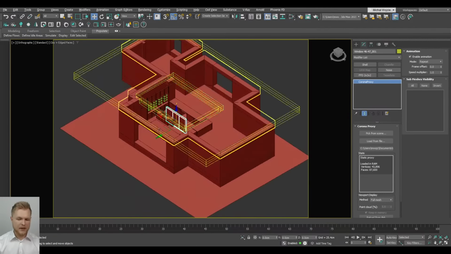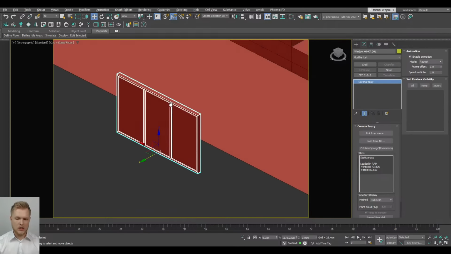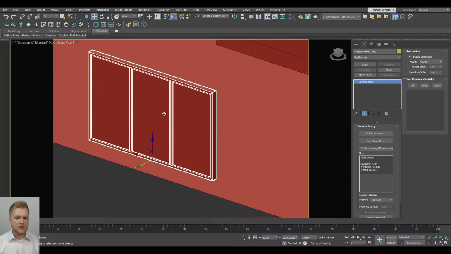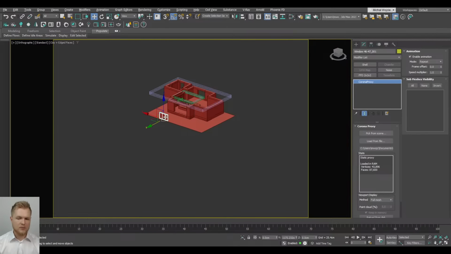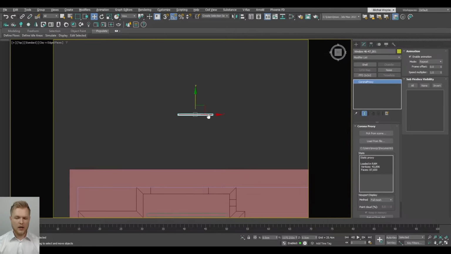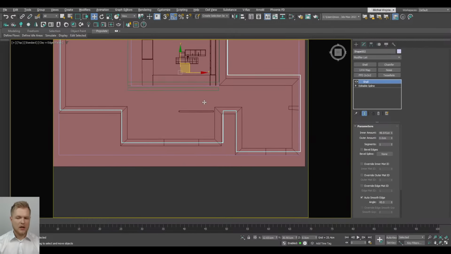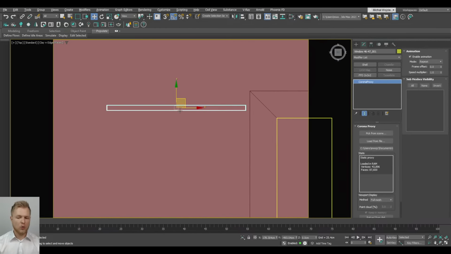But by default, what you're going to get is a very nice model, but it's going to be in Corona proxy format. What does it mean? It means that this file is stored outside of your scene, speeding up how your scene performs and pretty much making it more responsive. So again, can we edit this? We can scale it, we can do some stuff to it, but in reality,